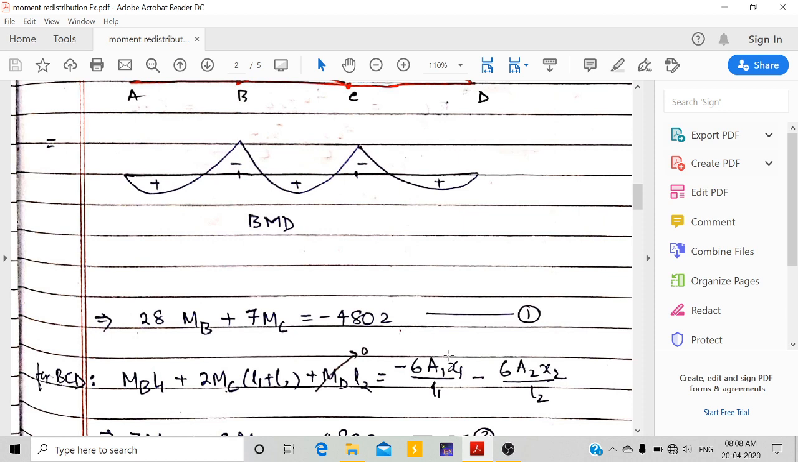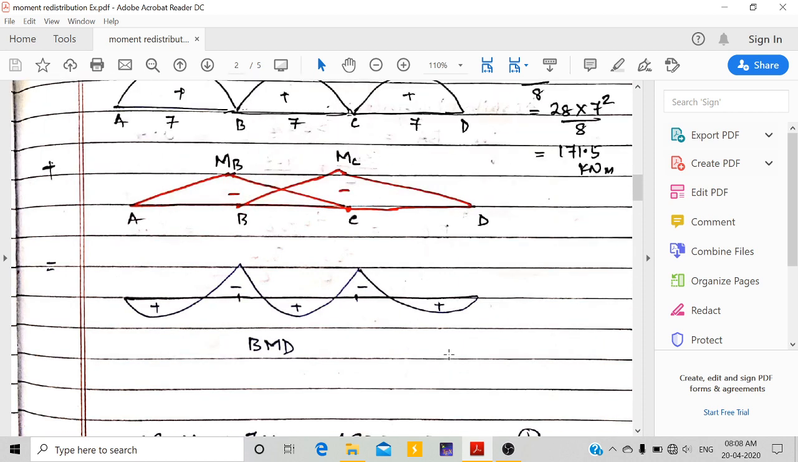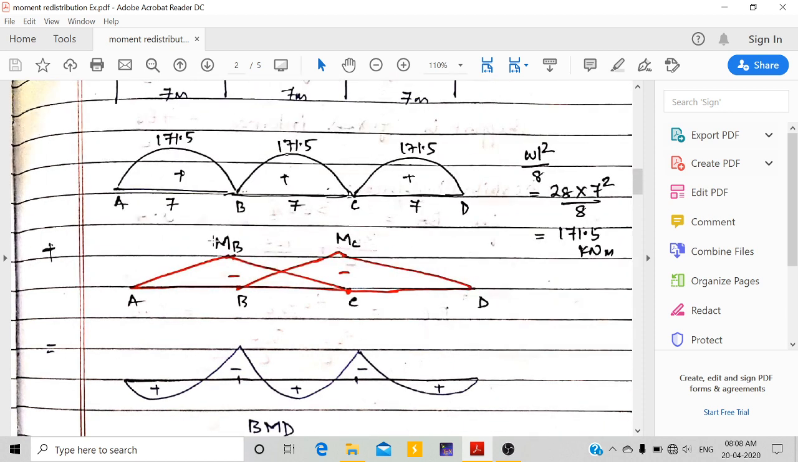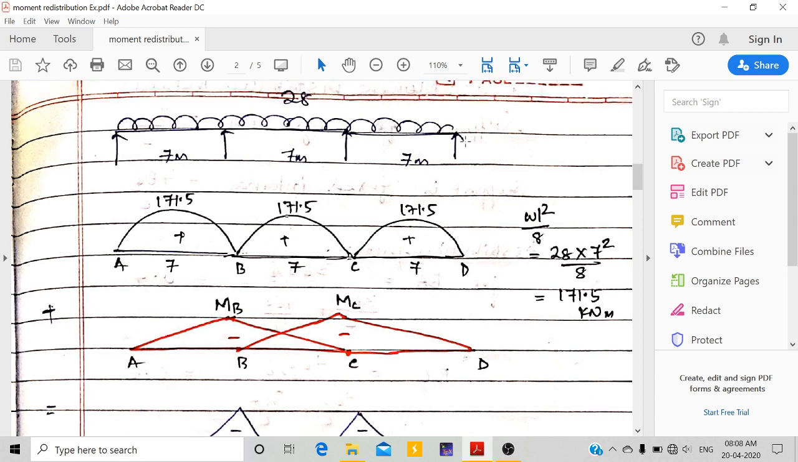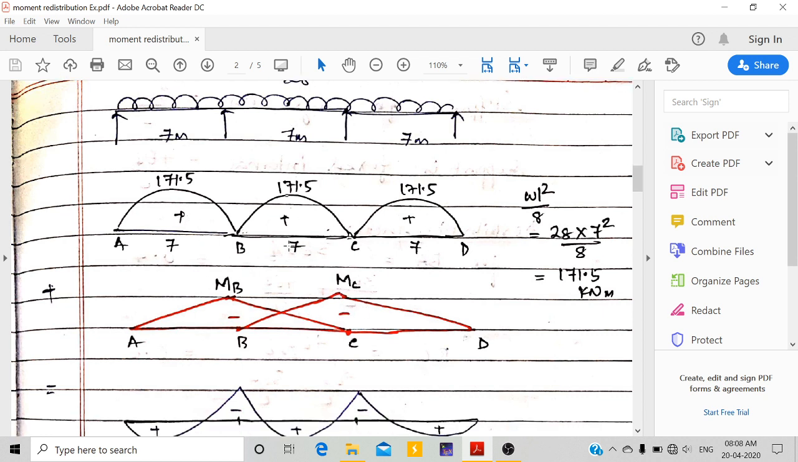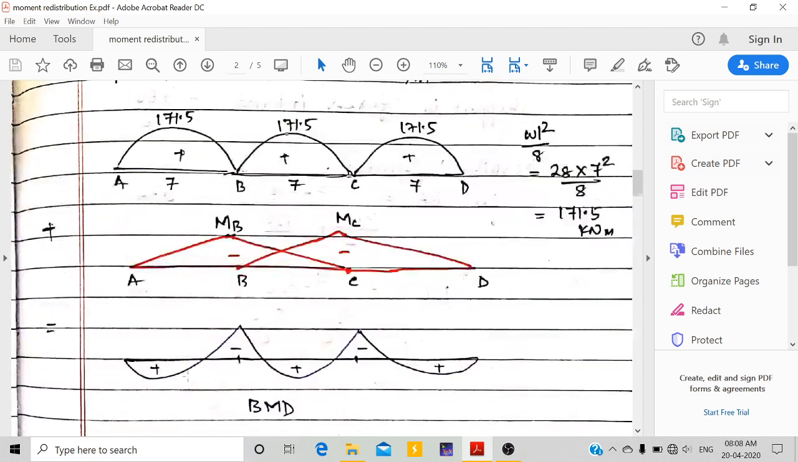So this is one method in which we are calculating the support moment. If you see here, continuous beam, this is the individual bending moment diagram. So we have to add to this the support moment, because we'll be getting support moment. So MB and MC, this we have calculated. So these are the negative and these are positive. So once we superimpose this onto the bending moment diagram, we will get the bending moment diagram of